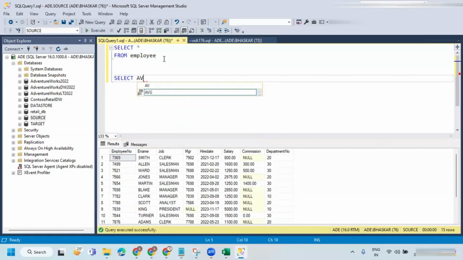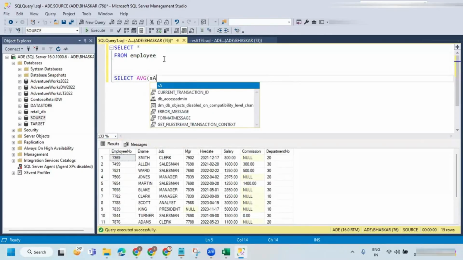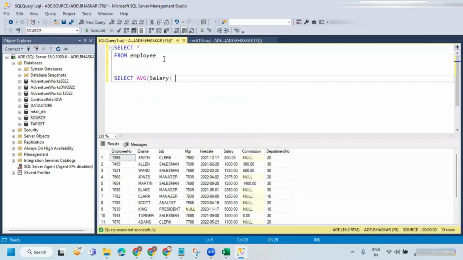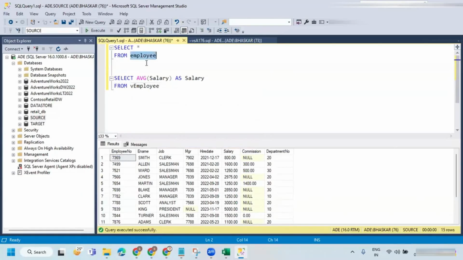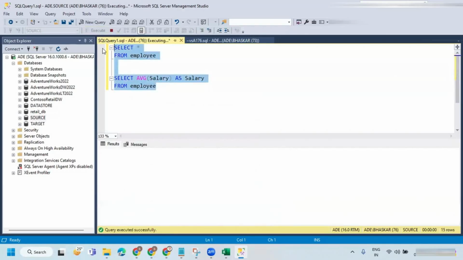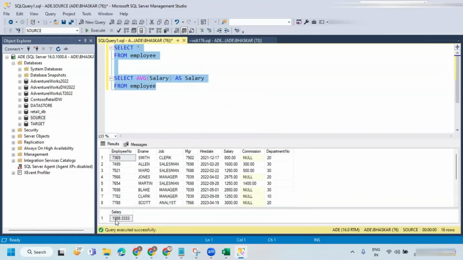Select AVG of salary as salary from employee. So this is the average salary.